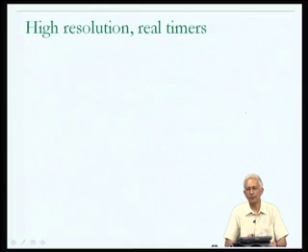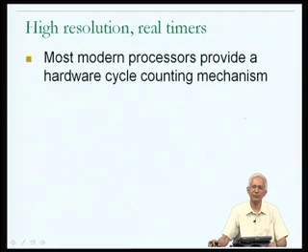Okay, now the next question is whether there are other timers which can give us good estimates, high resolution or nanosecond type of estimates, of how much time is being taken by parts of our programs. And just to quickly give you an idea about this, I would like to mention that almost all modern processors provide a mechanism which can be used for this purpose, and these mechanisms are hardware. They are built into the hardware, and they basically return a count of the number of cycles that have elapsed,